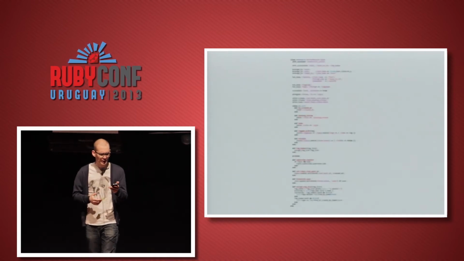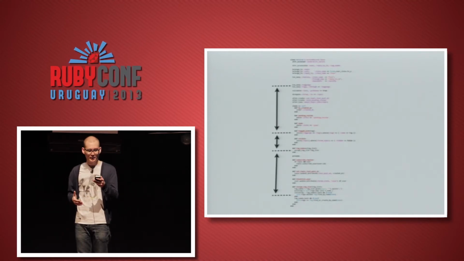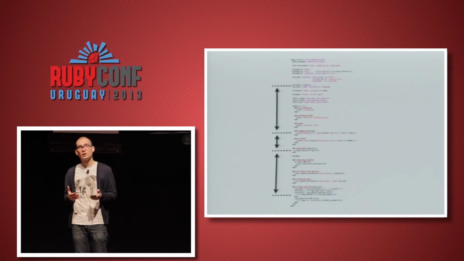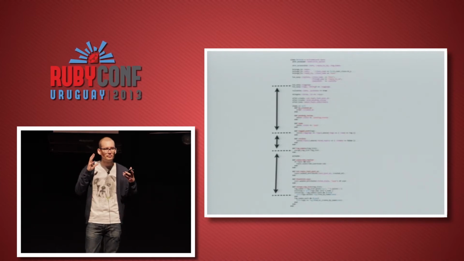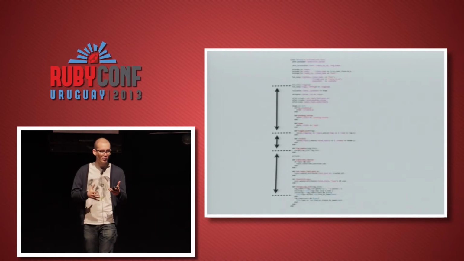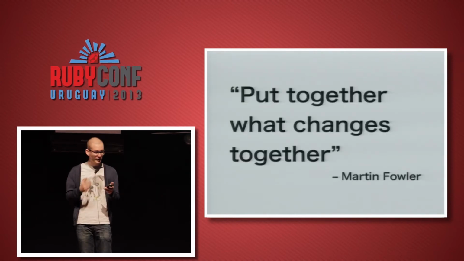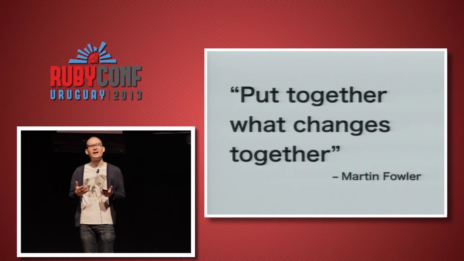You know, this example shows one of the problems of low cohesion, which is the vertical distance. We have logic, which is completely related, scattered across this large file. To maintain the tagging functionality, we will have to jump up and down several times. And, you know, anyway, it will be hard for us to have a mental picture of all the logic involved in this functionality. Martin Fowler gives us a very useful rule of thumb to keep our code highly cohesive.